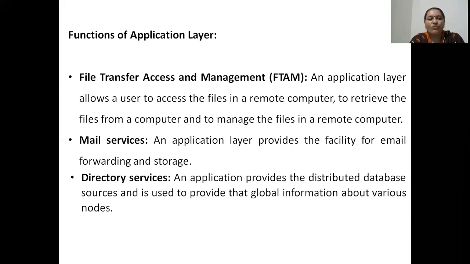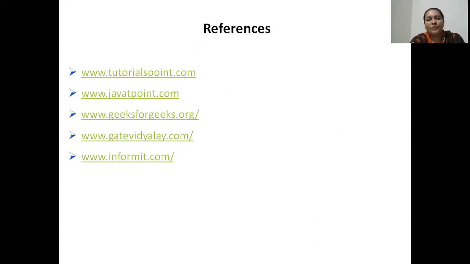These are a few functions of the application layer. The application layer does three main functions: file transfer, access and management, mail services, and directory services. So in this video we learned three layers of the OSI model: the application layer, presentation layer, and session layer in detail.